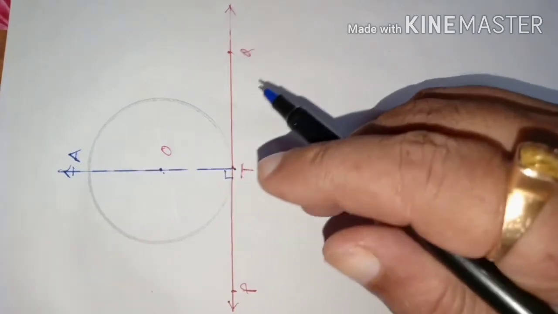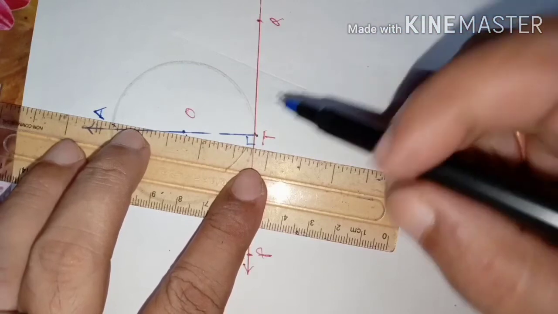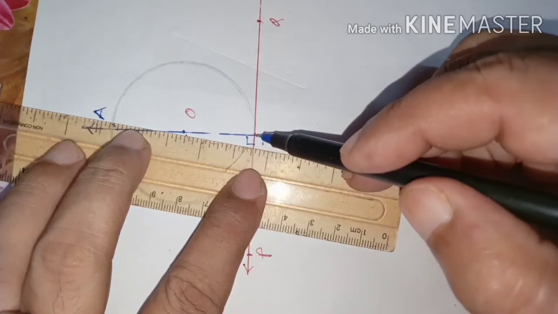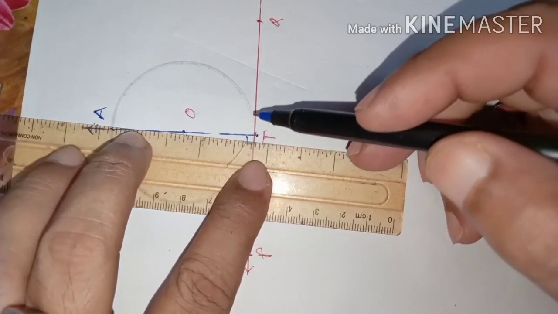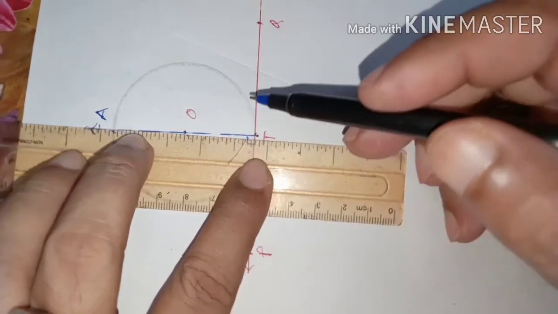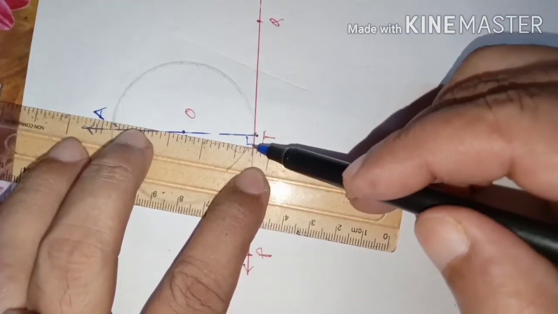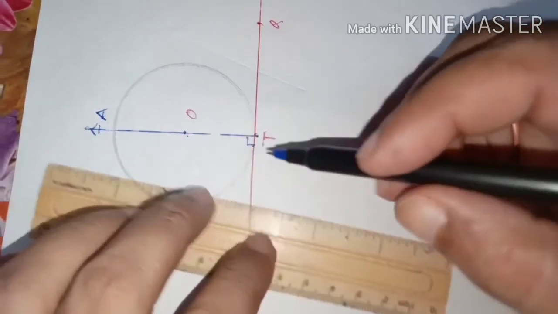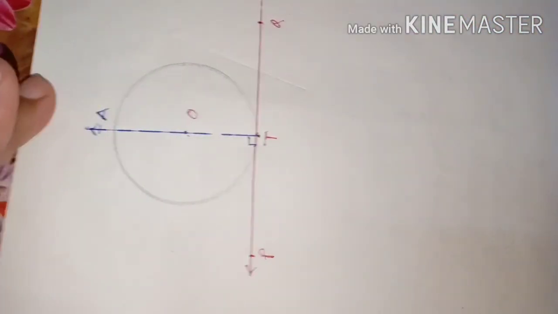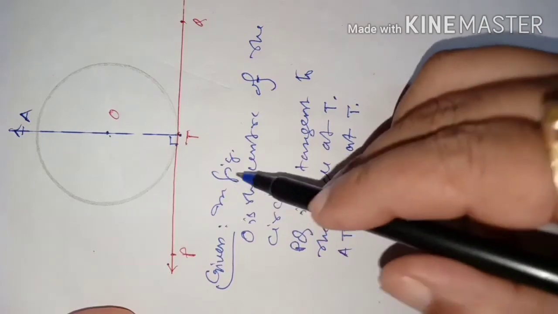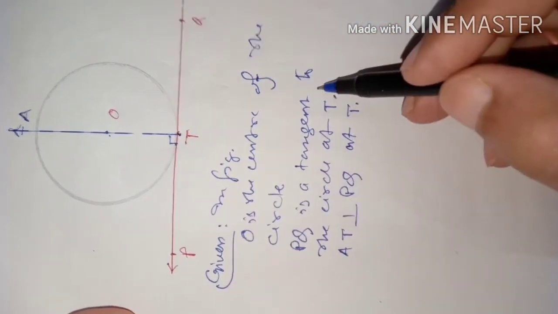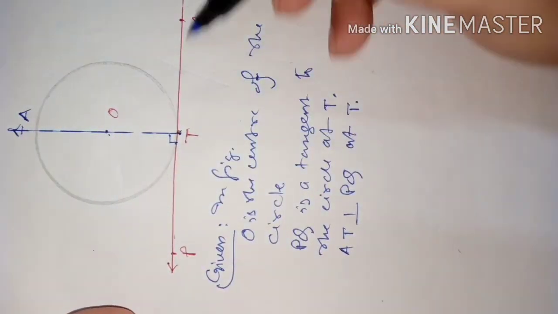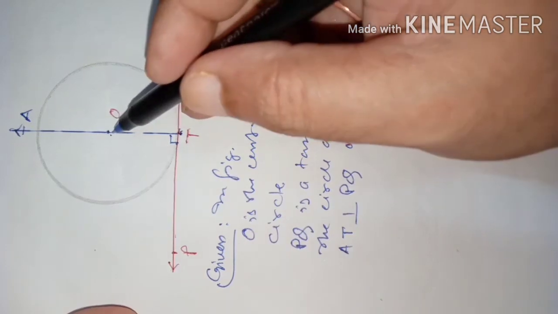Now you see, you can't draw another line from O to T, because O is the center and a radius of a circle is perpendicular to a tangent at the point of contact. Another line you cannot show as a perpendicular in another place. Means here if you draw one more line this way somewhere, it will not be perpendicular. At T only it will be perpendicular, that you know. But for the time being, suppose I am saying like this. So in the figure, O is the center of the circle and PQ is a tangent to the circle at the point T. PQ is a tangent, and here AT is perpendicular on this PQ at T. We need to prove that AT is passing through the center O.